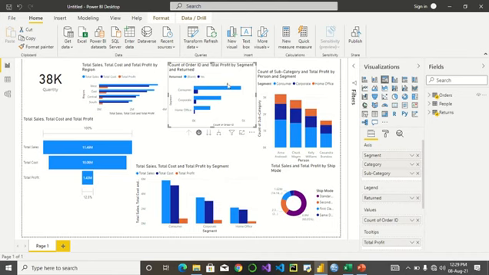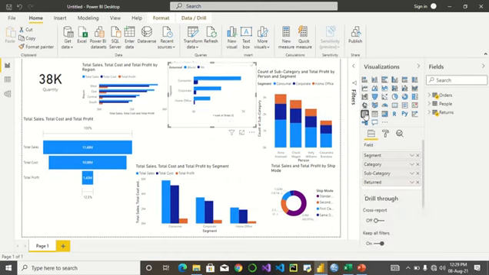The other one that I would love to show you is the slicer visual. So what the slicer visual does is